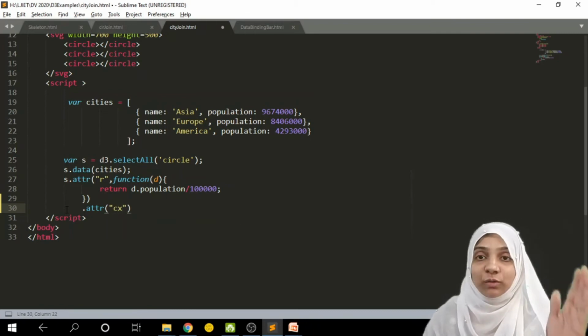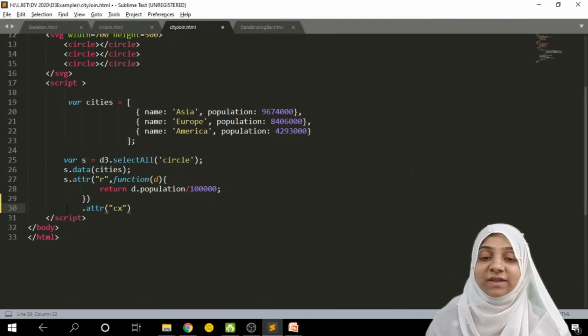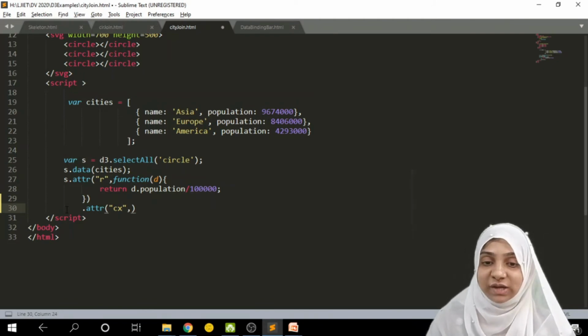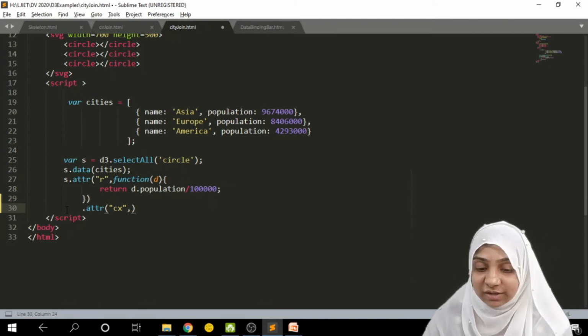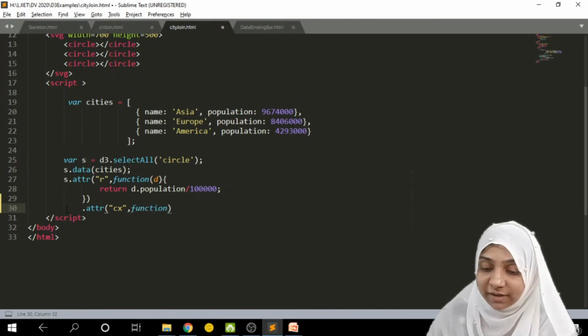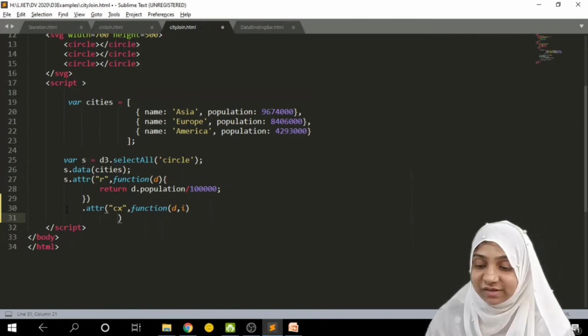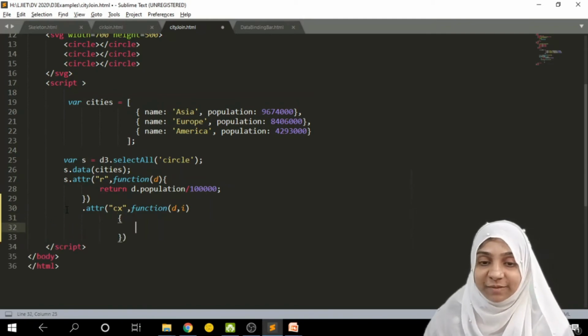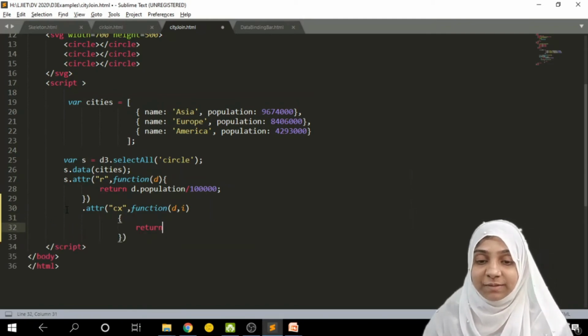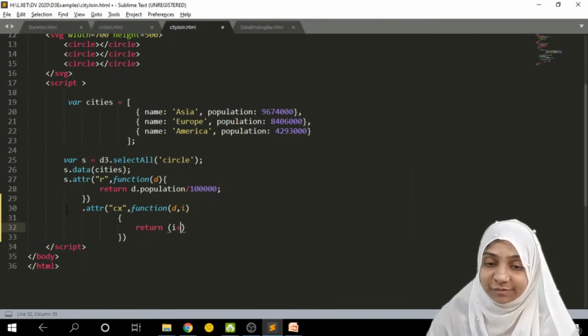I want all these three circles to be in the same line, so only the value of x must change. Again, it is a function of data as well as index. For the first circle, it must be less displaced.